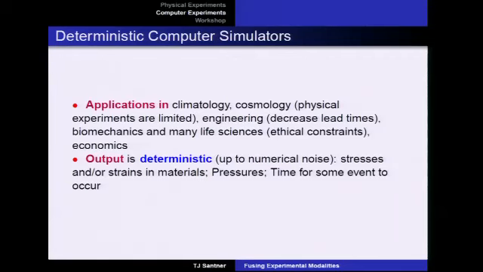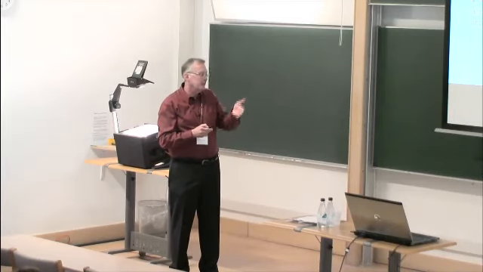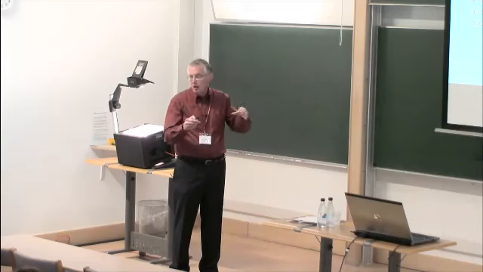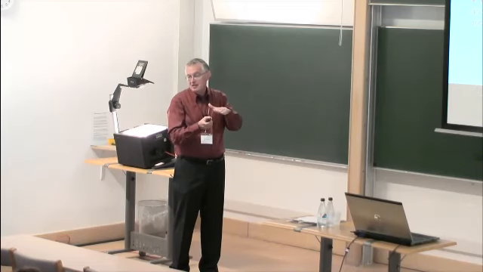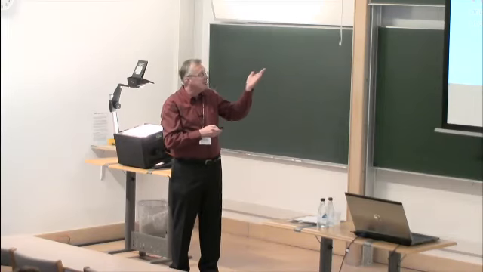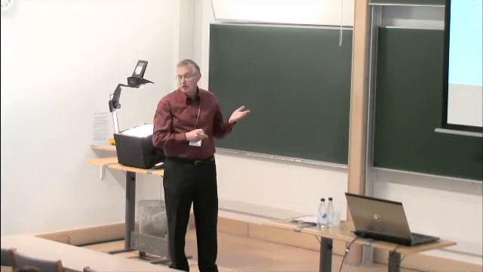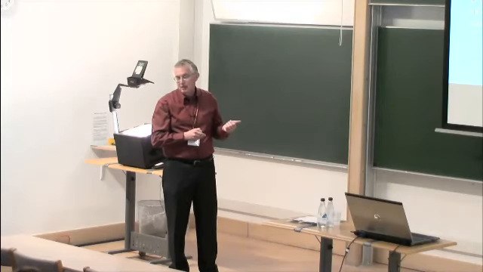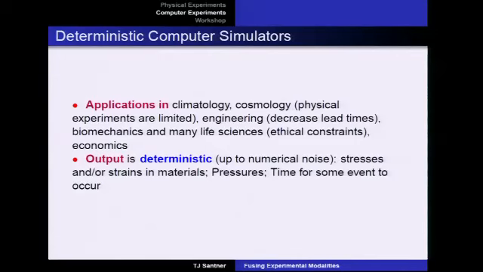Stresses and strains throughout, let's say, a particular body or a particular metal or a particular interface of two quantities. You have a tool, you put a coating on it, you want to study the stresses and strains just below the surface of the tool cutting head when you put a coating on it. That you can do with a finite element code. You're not going to measure that in a physical experiment. You're going to see when delamination occurs if you put it into some sort of test rig. Pressures, sometimes you can, though. Pressures, for example, can be measured in analogous physical experiments.